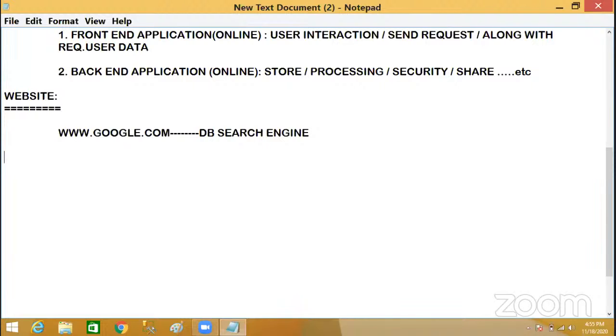Somebody may have doubts about who wants to learn databases. Anybody can learn it, guys. Even Java students, .NET, PHP, Python students need it. Selenium means testing people, automation testing people are also required.